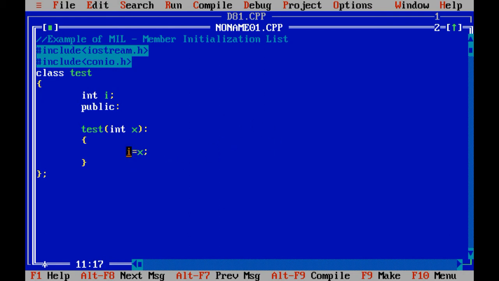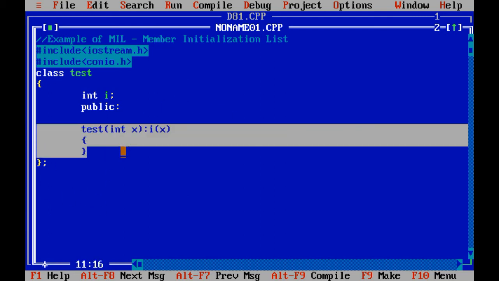The left hand side is a part of the class, and the right hand side is a variable which comes from the argument list. So instead of initializing the variable inside the constructor, you just need to put a colon sign over here and then the variable I with x in brackets. So this is the concept of MIL.